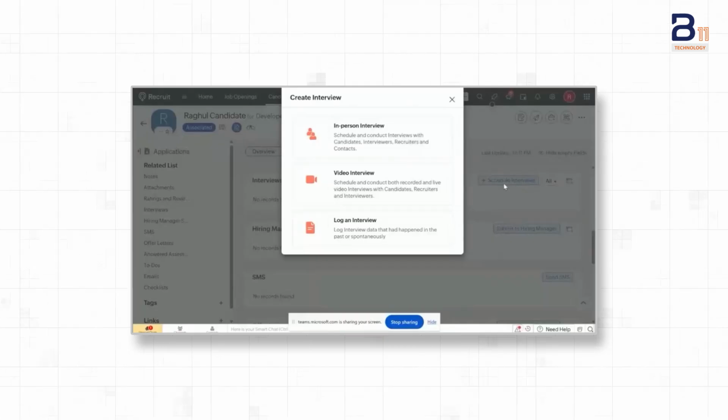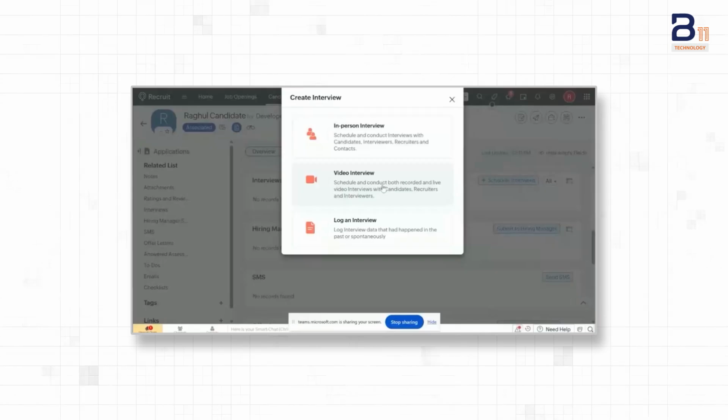You can schedule an interview, and this interview can be scheduled in 3 ways. If you integrate Teams and if you integrate Google Meet, then it will list you down. But now you can see here,